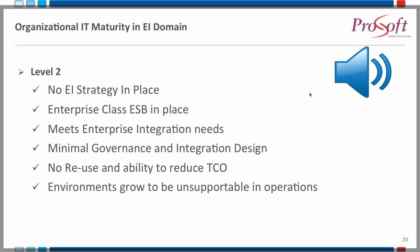So there will be minimal governance need and integration design needs, because a lot of the patterns and best practices are established through these platforms and vendors. So of course, we still start employing a lot of solutions on top of these platforms. We start to see growth in these integrations and the solutions that get deployed, but we don't really see any reuse. And also, at this level, if the enterprise sticks to this level and does not mature, they will very soon see a proliferation of patterns, and eventually the platform becomes unsupportable, because unlike application platforms, middleware and integration platforms are